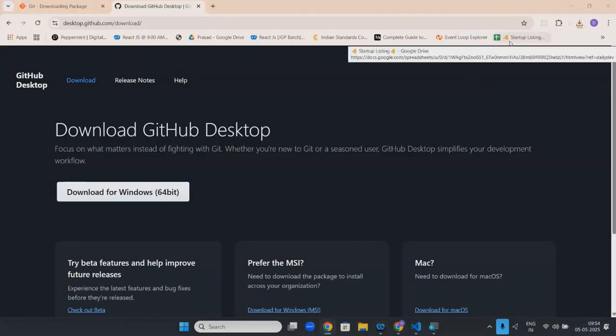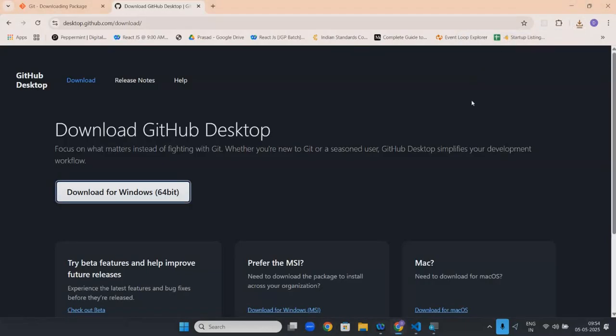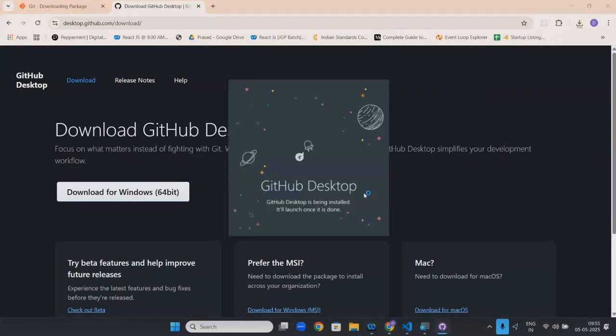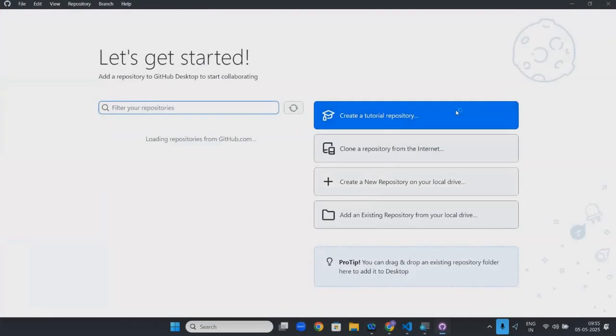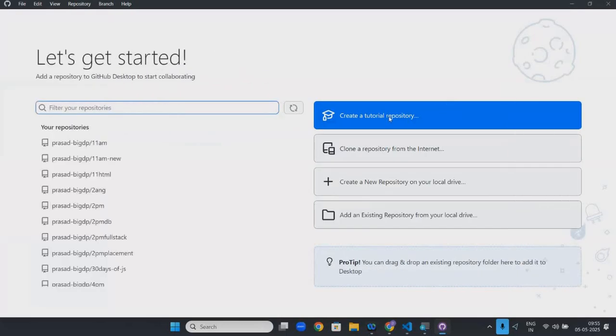Click here, GitHub Desktop. It is opening. Already it got loaded with my clone. Initially it will ask you to log in. Once you log in, it will come.